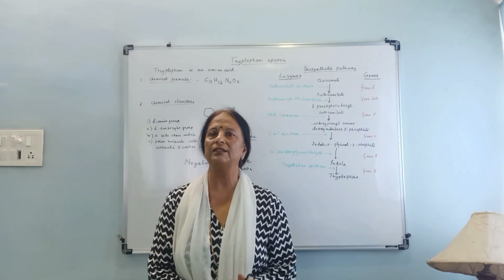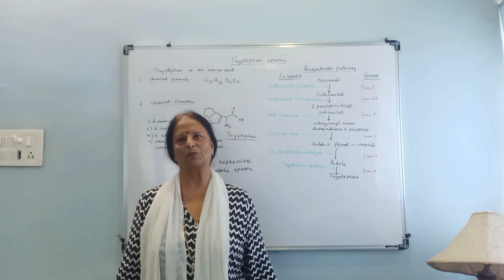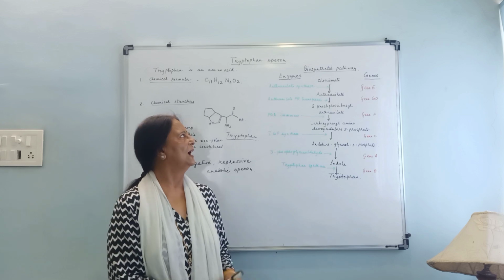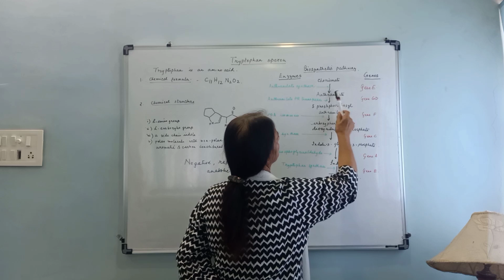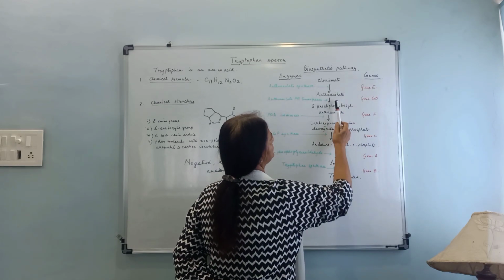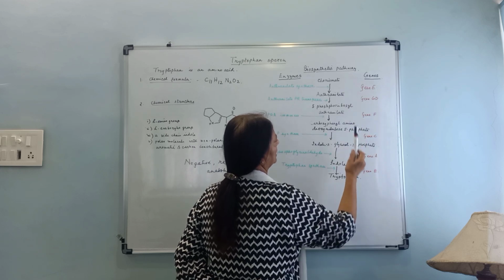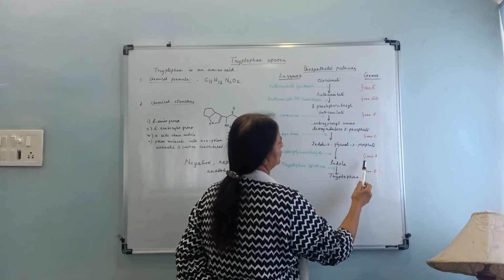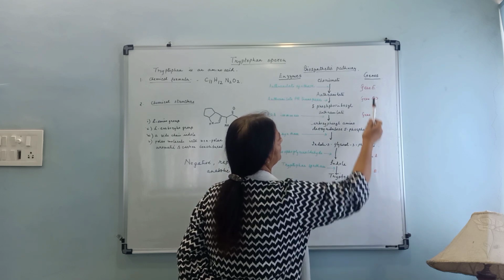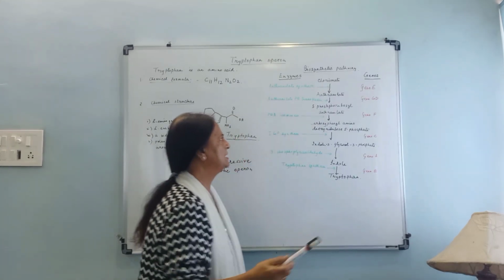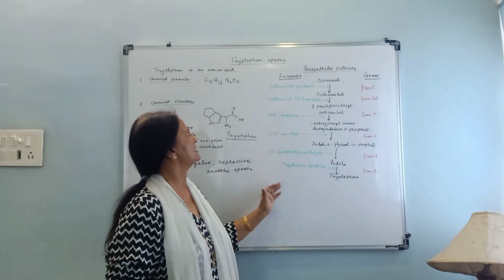So the genes encoding these enzymes are A, B, C, D, E, but they are not in proper alphabetical sequence. The first conversion is encoded by gene E, the second step by gene G D, the third by gene F, the fourth is gene C, the fifth is gene A, and the sixth is gene B. So there are these genes encoding these enzymes.